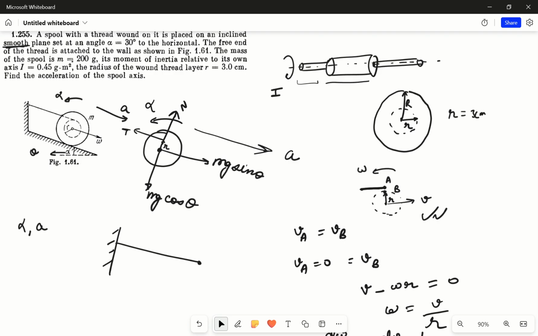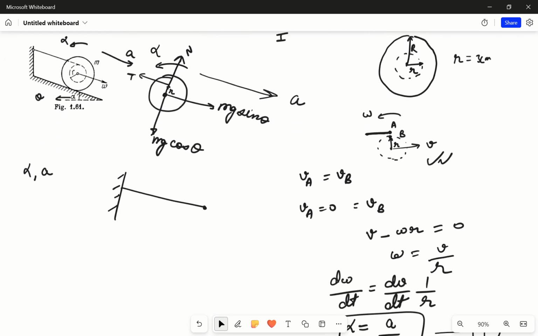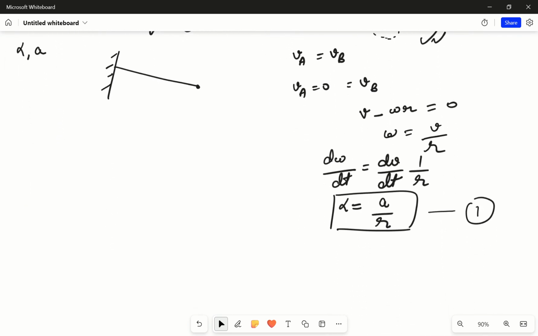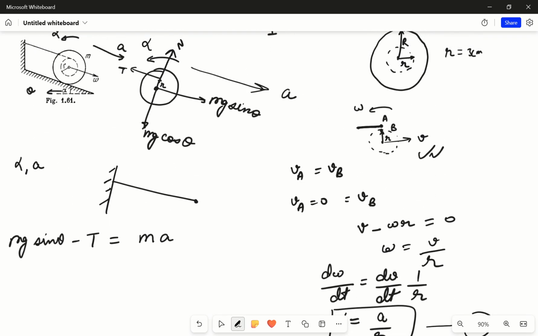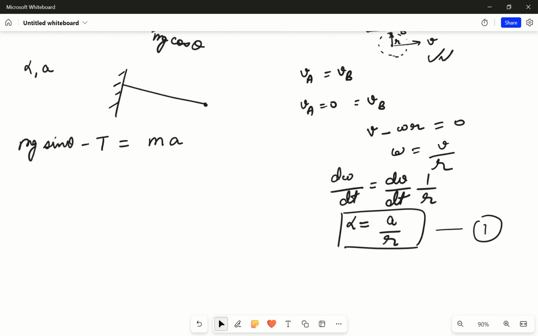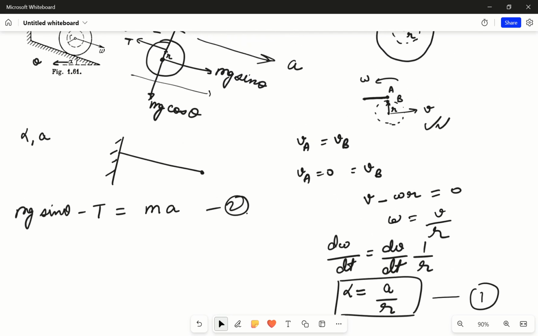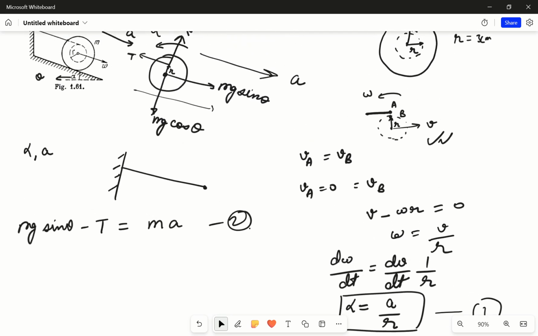Now the next step is to write the force equation parallel to the inclined plane, right? The forces acting parallel to the inclined plane give mg sine theta minus T is equal to m into a, right? So this is the second equation, and the third equation would be writing the torque equation about